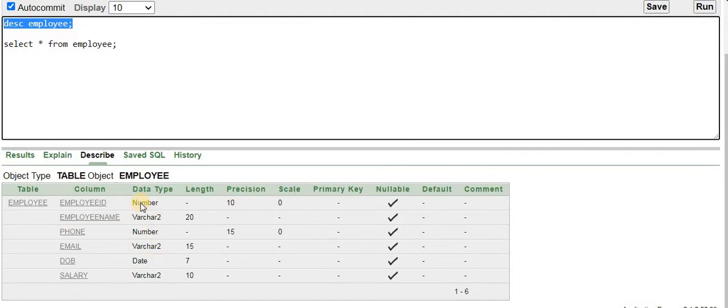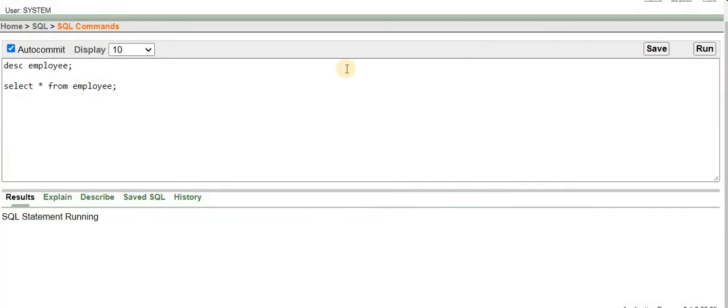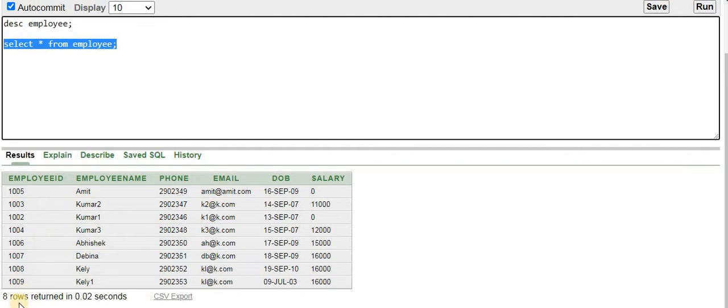In this employee table, I inserted some records. Let us see how many records are available. I have written the script to select all the records from the employee table: select star from employee. If I run this script, I will find that a total of 8 rows are returned.